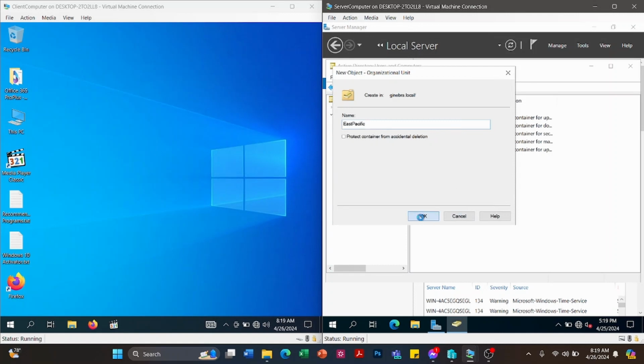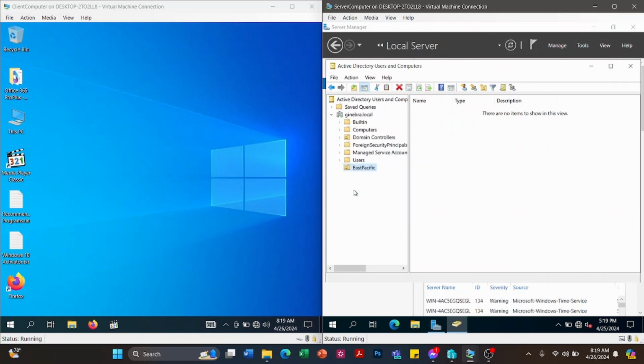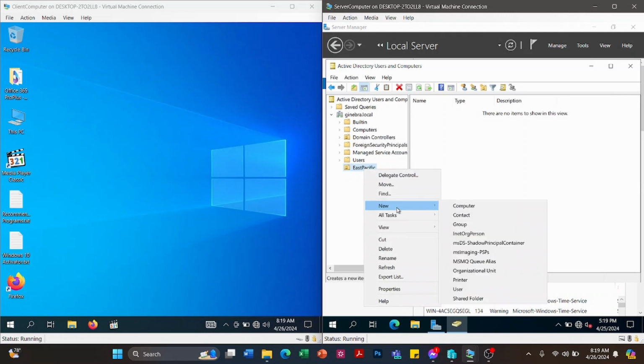Then click OK. Okay, so as you can see, it's just like a folder. So Pacific is already created. We now have the organizational unit. So we're going to create a security group. Okay, so right click under Pacific, then New, then select Group.